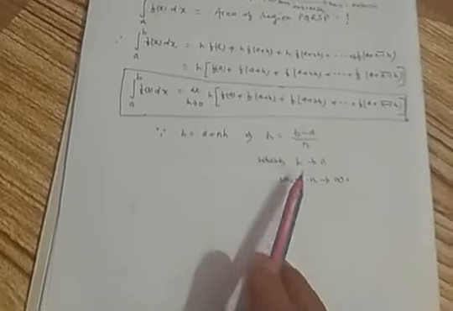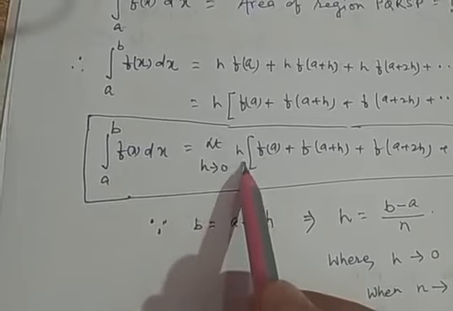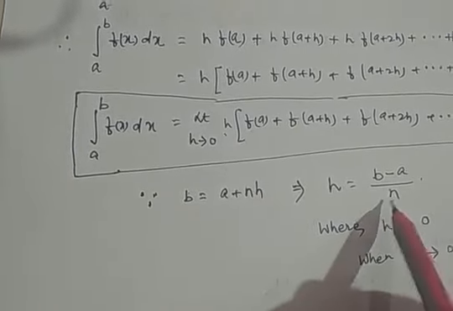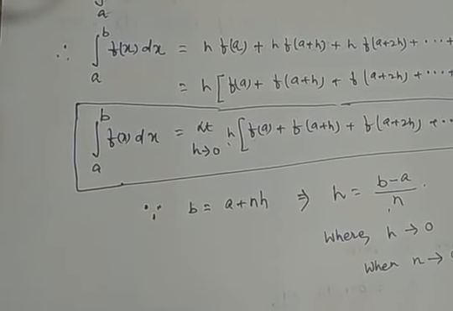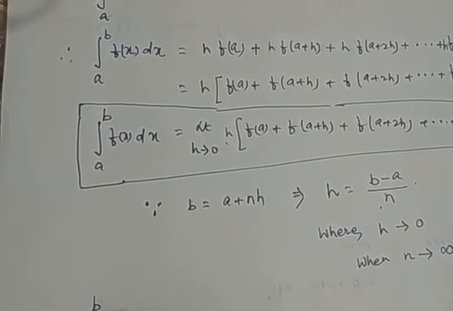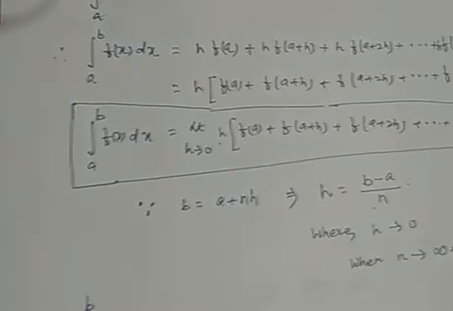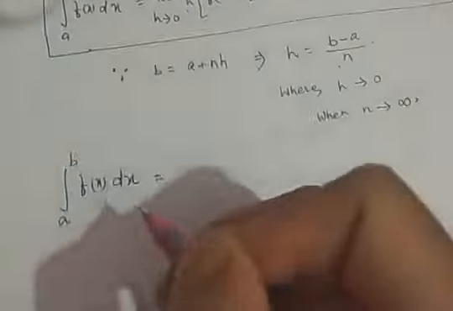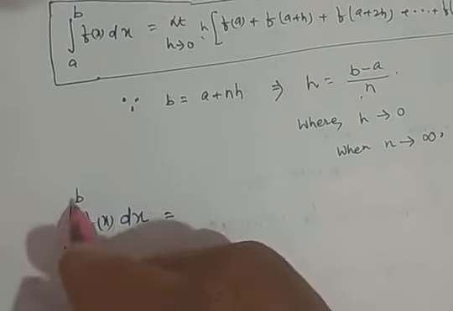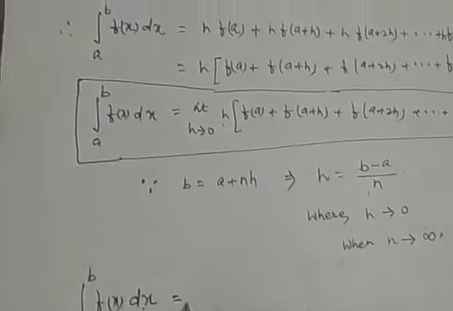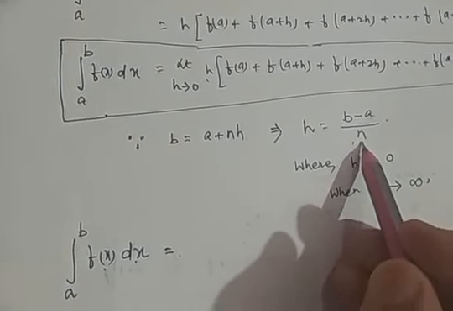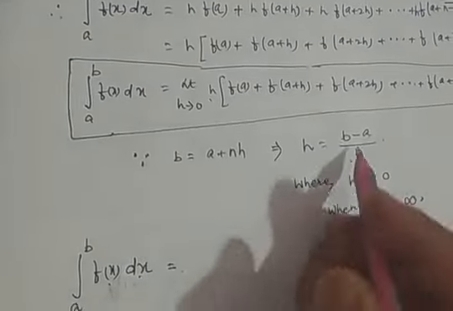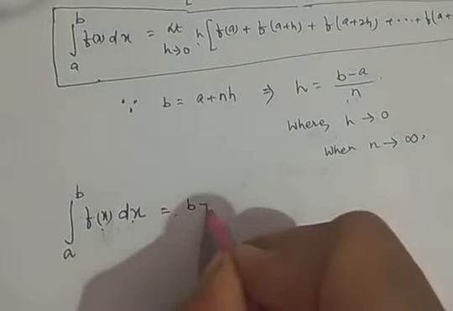So putting the value of h from here, we will get the integral from a to b of f(x) dx equal to h, which is (b - a) upon n. So here we can write (b - a)